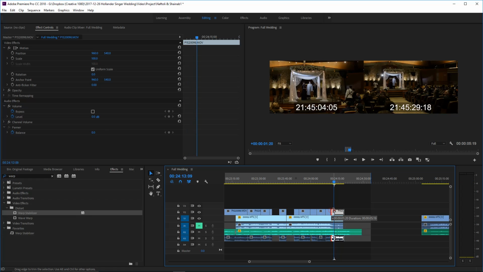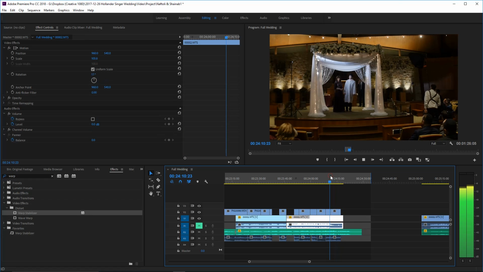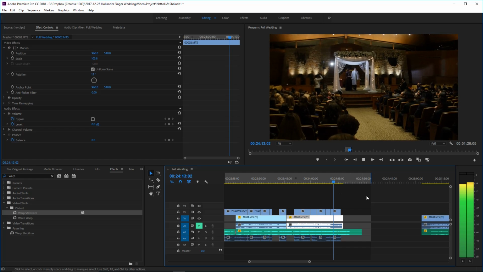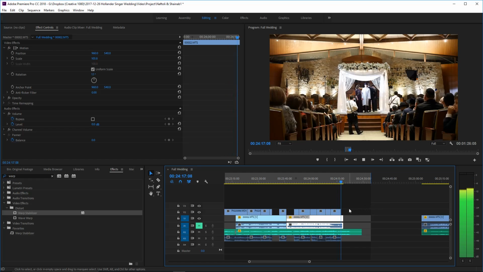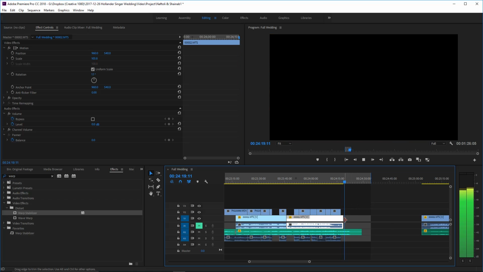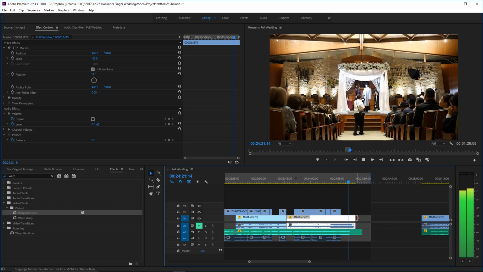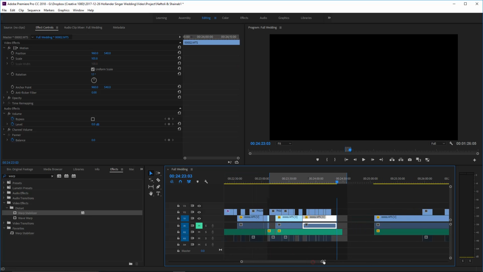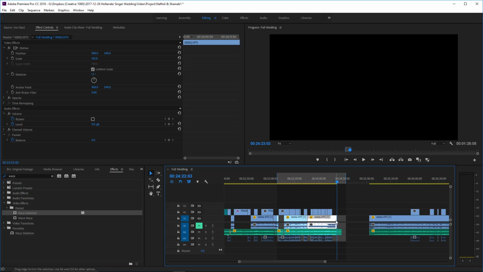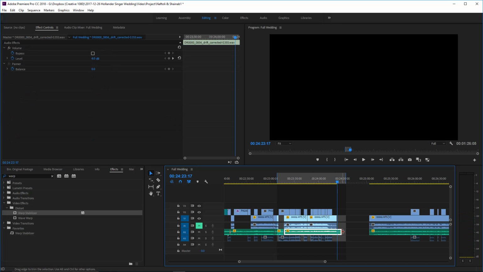And then we can end off with this wide shot over here. And we just need that. And we could end with the second camera, and that works.